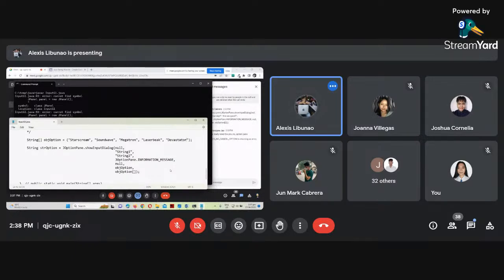Okay. So I'm going to use 3. This will be the default value. No? This is going to be the one that will be displayed in the pop-up list, no? Which is 0, 1, 2, 3 laser beak. No? So if we